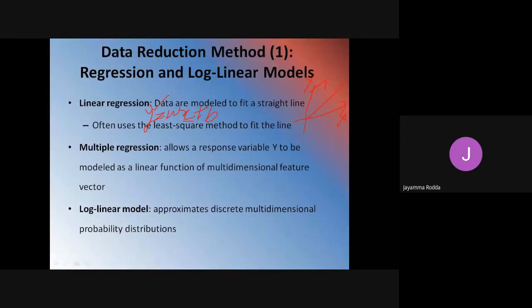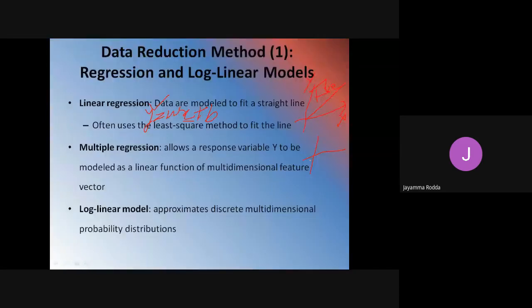Here, based on the x value, the y value will be dependent. If x keeps on increasing, y will also increase. If x keeps on decreasing, y will also decrease. So this is a positive linear regression, where while the x value increases, y also increases.